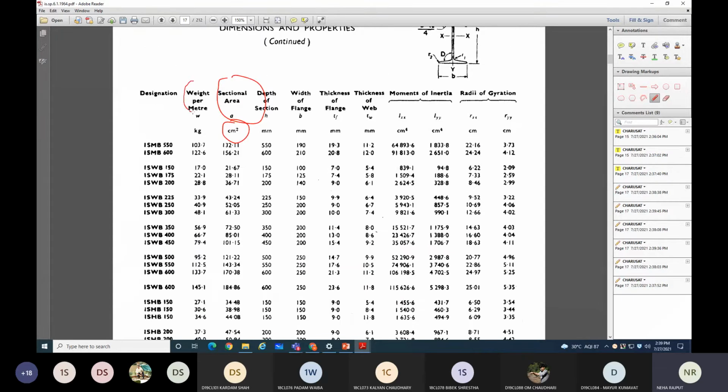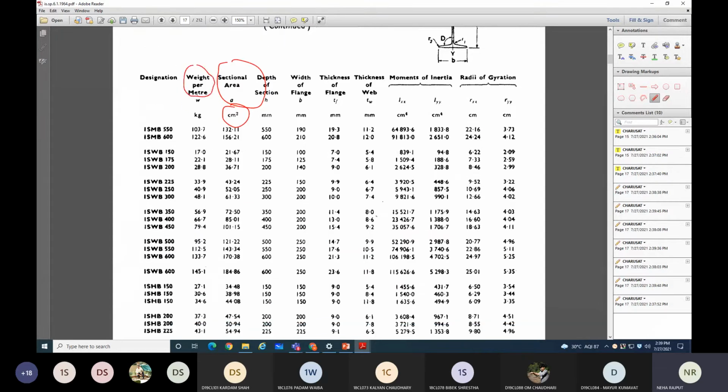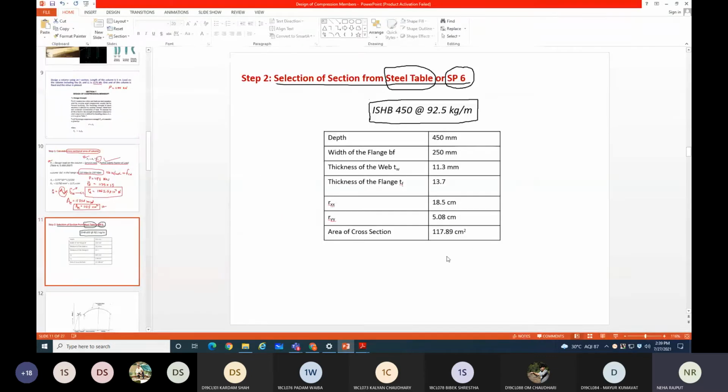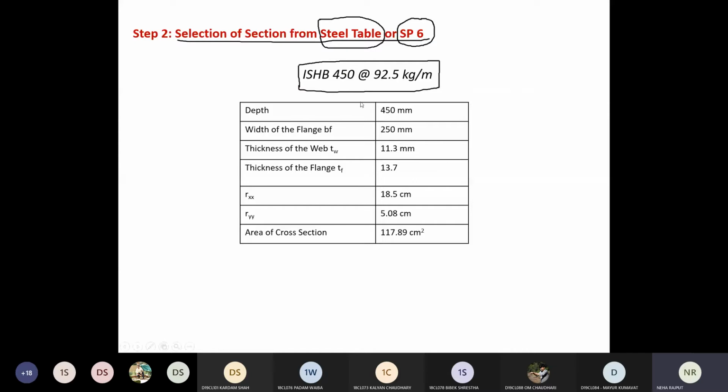Here it is mentioned weight per meter, kg per meter. So you need to mention that ISHB 450 at 92.5 kg per meter. Now you require some values to be considered from that SP6 for your further calculation.